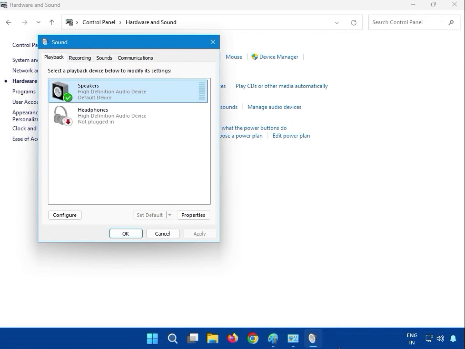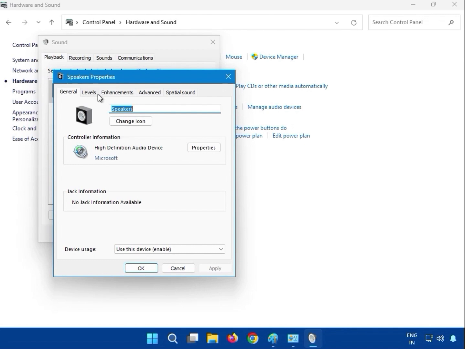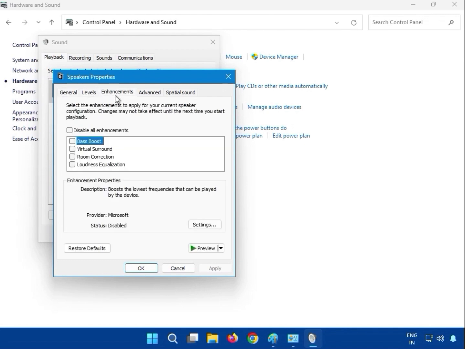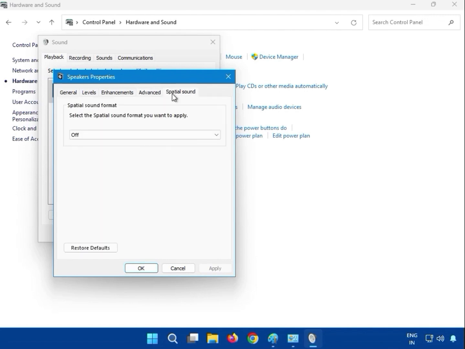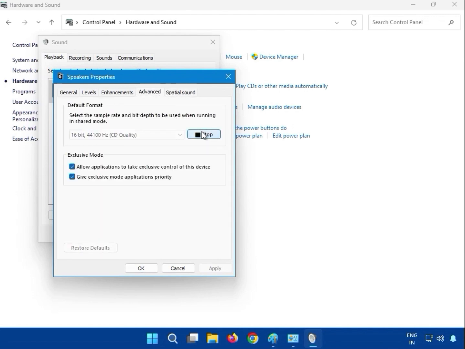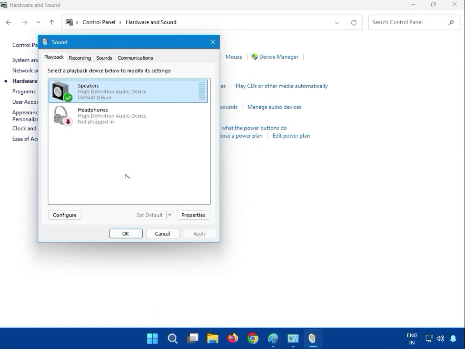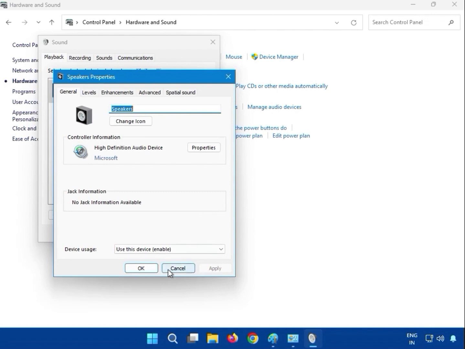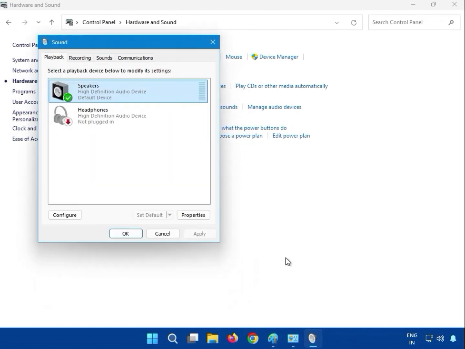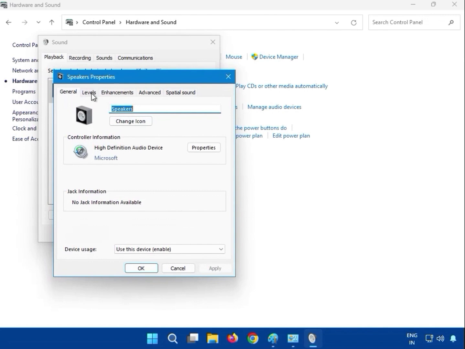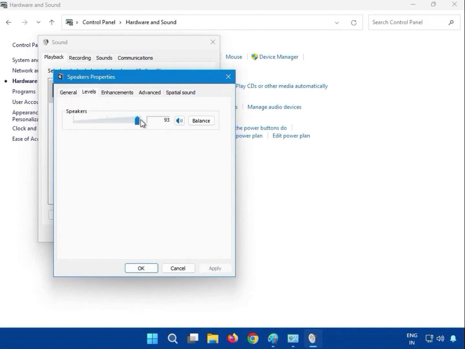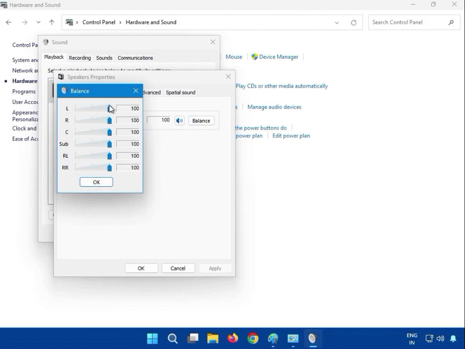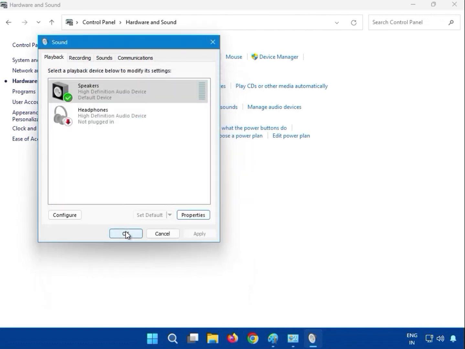Okay, then just double click and click on it. Okay, click on properties. So guys, select the level 100%. Okay, and you can see here balance is at 100%. Okay, and then okay, and then okay,